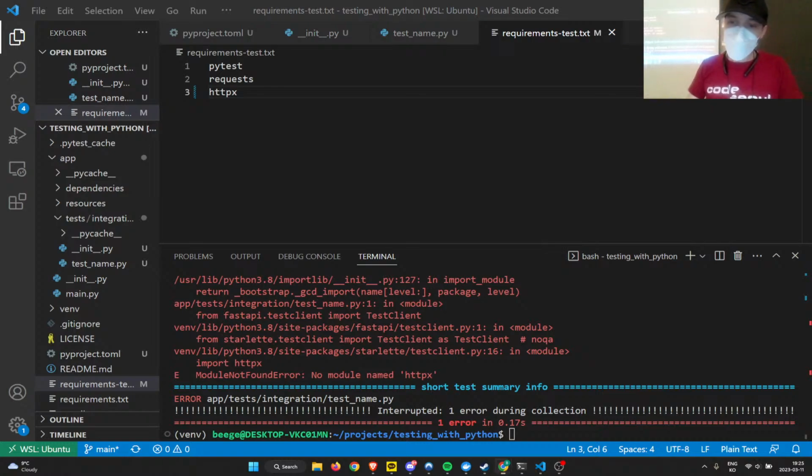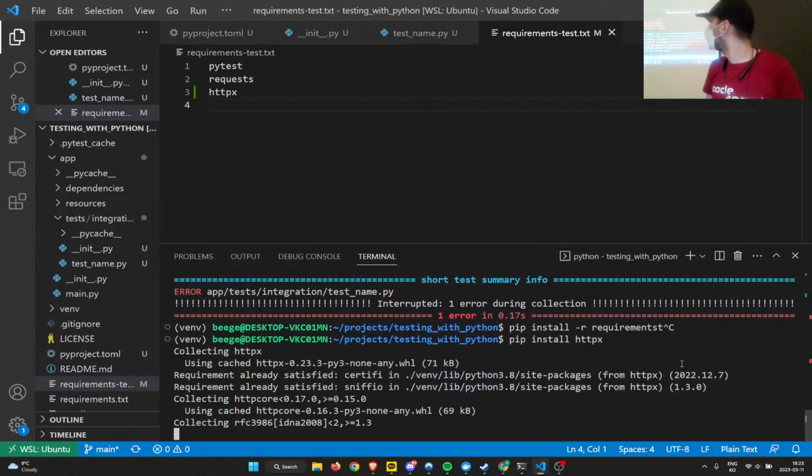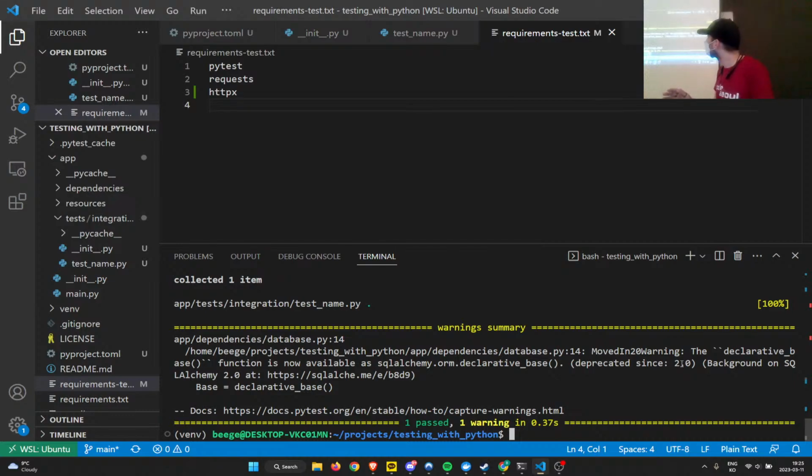Okay. So let's go ahead and do that. And install our requirements again. Actually, we can just install it directly. It's fine. All right, and now let's run pytest. Cool, we're good. Oh, great. This is why you should test when you update your dependencies. But in any case, the test passes. I apologize for the warning. I'll fix that in the repository. But for now, we're just going to ignore it.